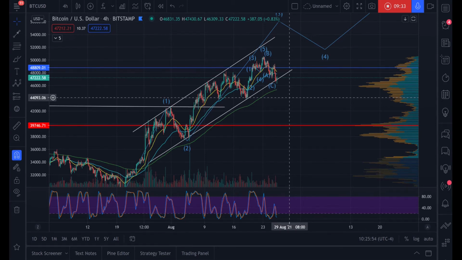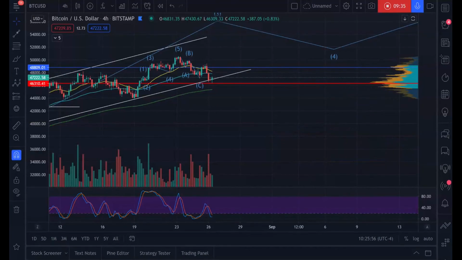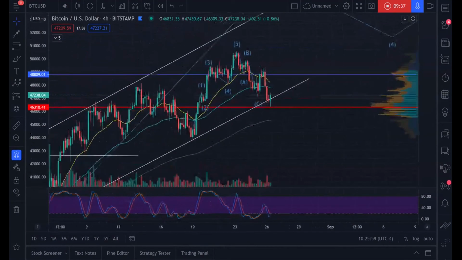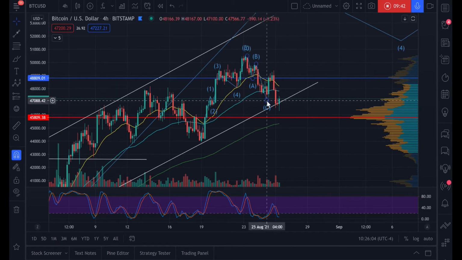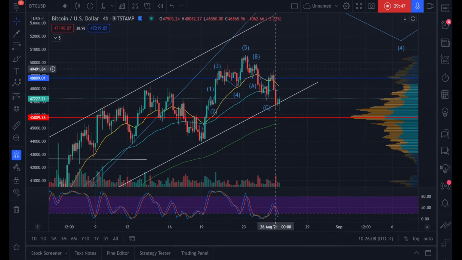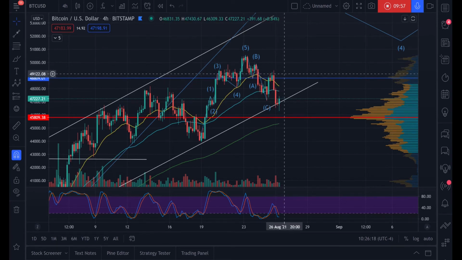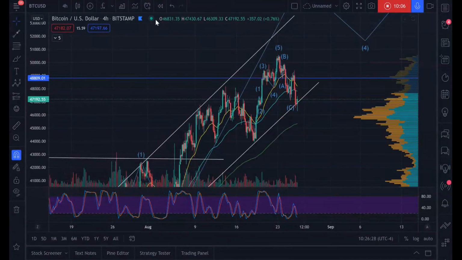But again, I do believe that because we respected the lower boundary of this ascending channel, because we did complete this ABC correction, we did show very, very strong upwards momentum to the upside when continuing this upwards trend, but got rejected from a very significant point of resistance that we've only tried once before. I don't believe that this is showing extreme signs of weakness. The signs of weakness, I will